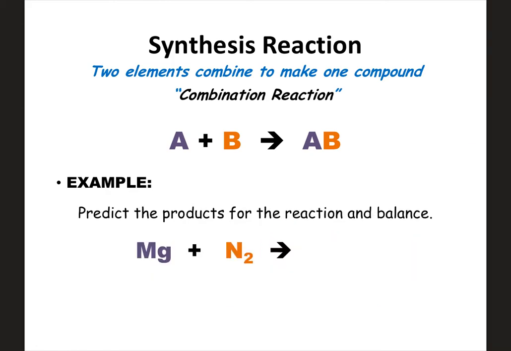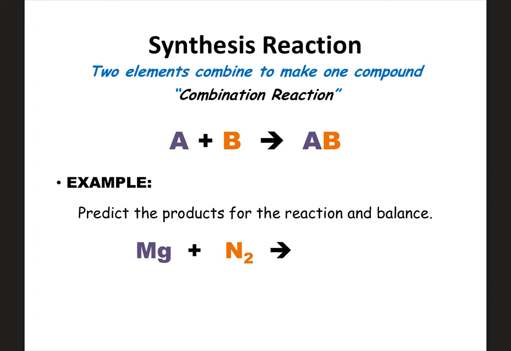So let's do a real example here. All right, typically this is how you're going to see reactions from now on. All you're going to get is the reactants here, and you have to predict what would form, identify the type, and then do the balancing, okay? Notice here, it doesn't say what type of reaction is taking place. You have to analyze it and know the type in order to be able to predict the products here correctly,